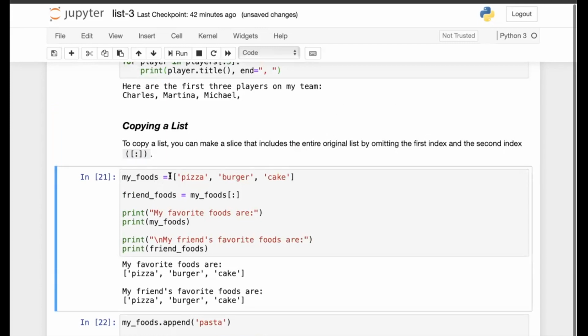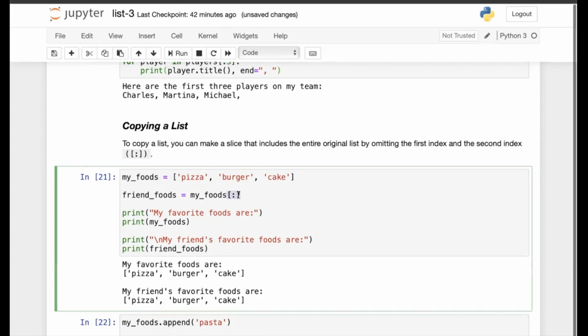So let's begin with this example. Let's suppose here is a list of some food items: pizza, burger, and cake. I assign it to the variable my foods. I create a new list by using the Python slicing feature.